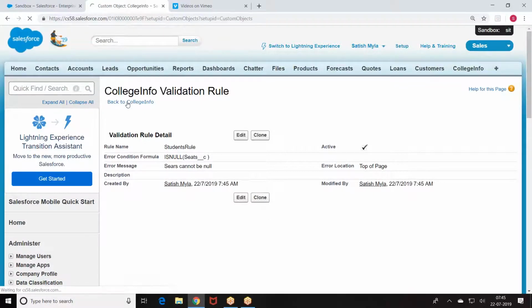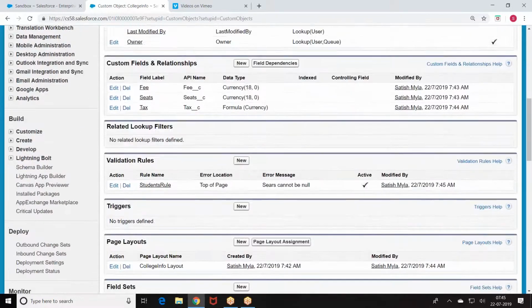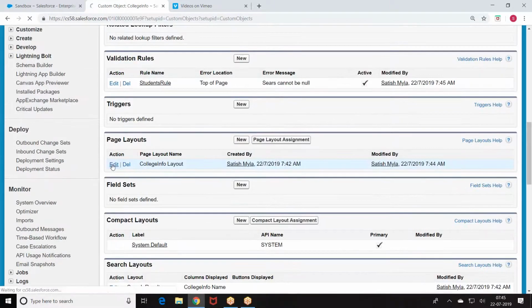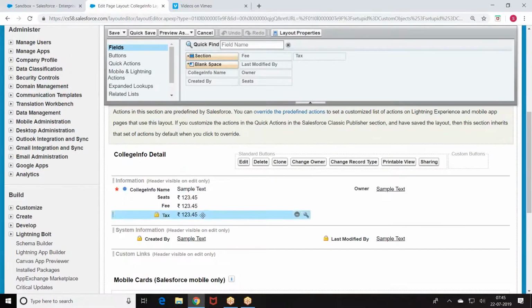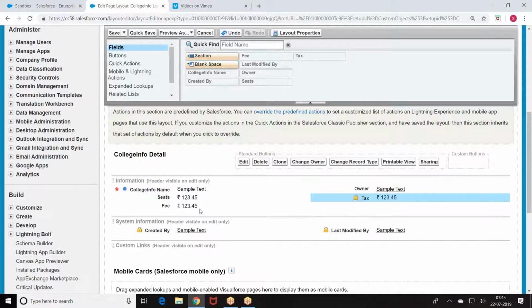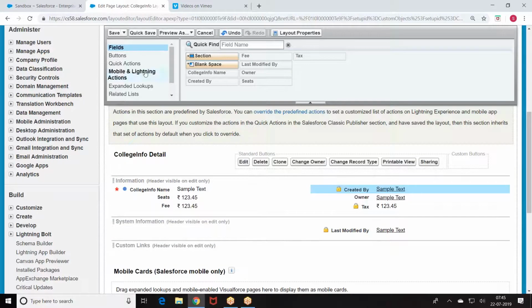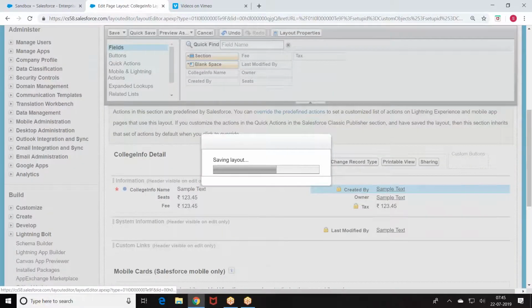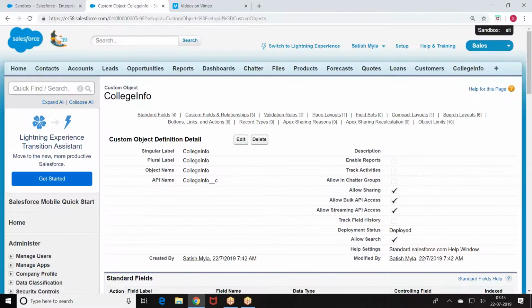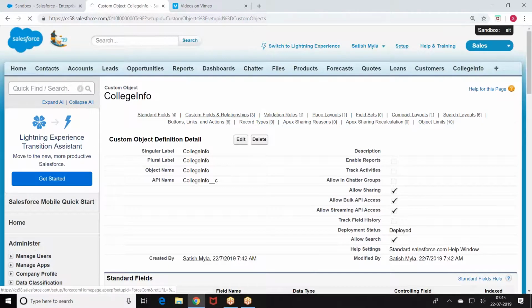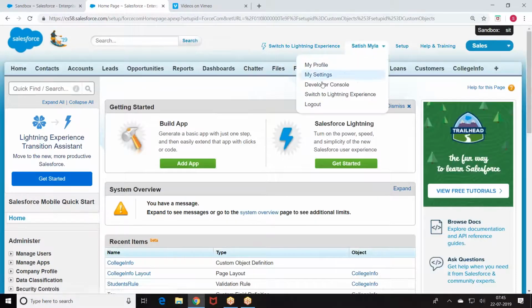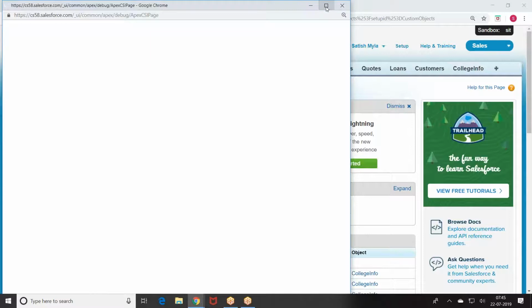At the same time, I'm also making some modification of the page layout. Going to the page layout. This is what we have done: object creation, field creation, formulas, validation, page layout, right? Then we are going with some development activity. Now I want to create some programs here.